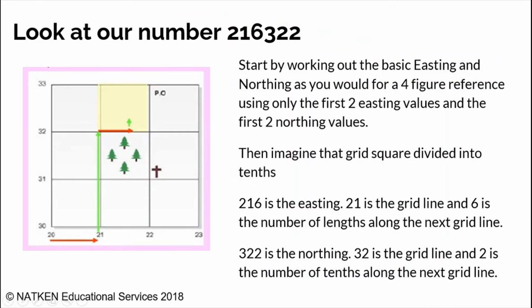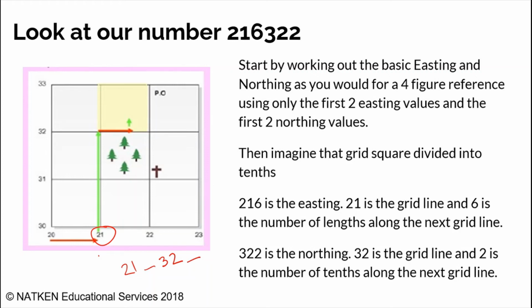Alright, so here's one final attempt at ensuring that you understand. So we are using the same number, same map. Look at our number 216322. Start by working out the basic easting and the northing. So from looking at it here, our basic easting would have been this line going down, which is our 21 here, and our northing would have been our 32. So it is 2, 1, we leave our space, and then 32, and then we leave our space. So the northing would have been the second value that we would write down if we were doing just the